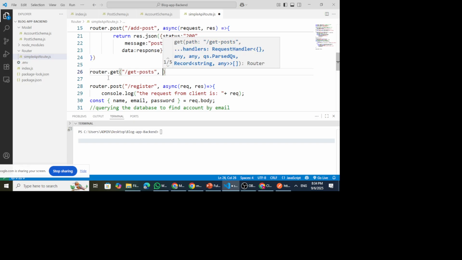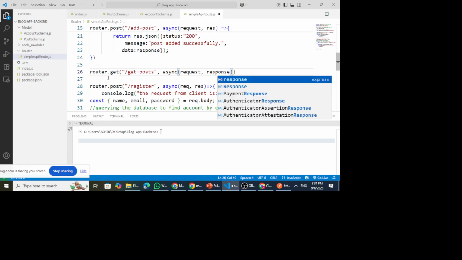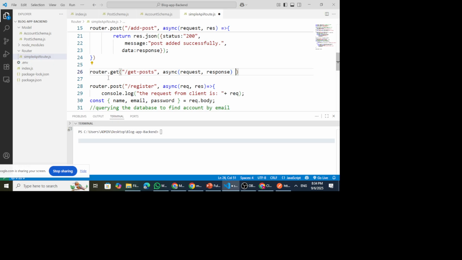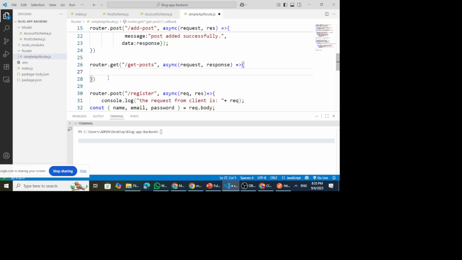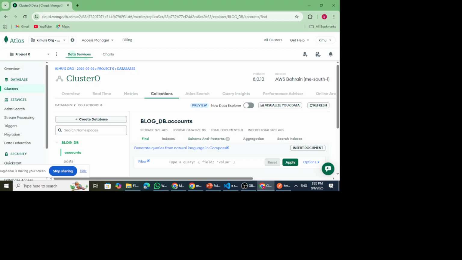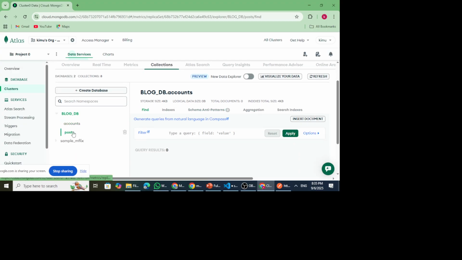Alright, then hyphen, we use the asynchronous way of writing this method, and then we have the request and the response. Now we add the function body. In this body, what we want to do is to fetch all the data that is stored in this particular table called posts. When you go back to our server here, you can see we have this table called posts,